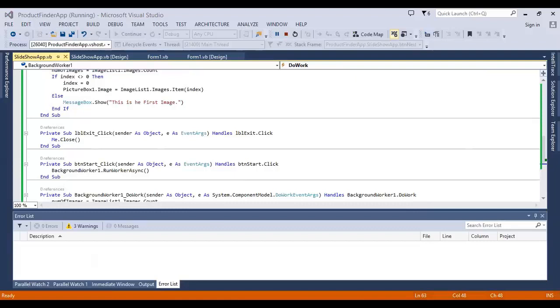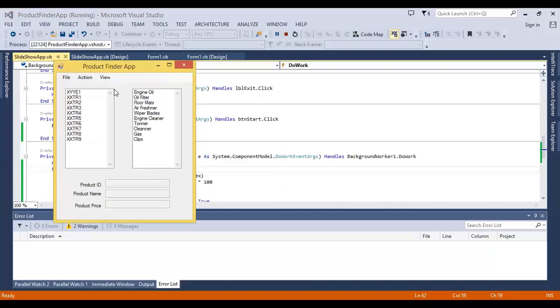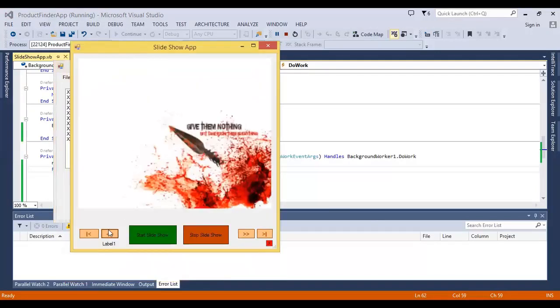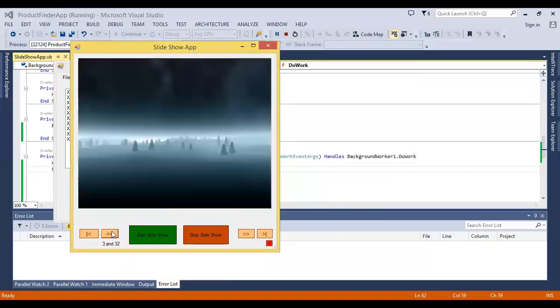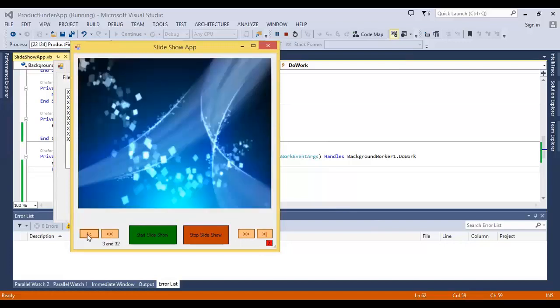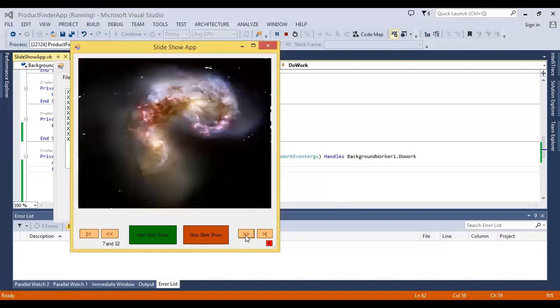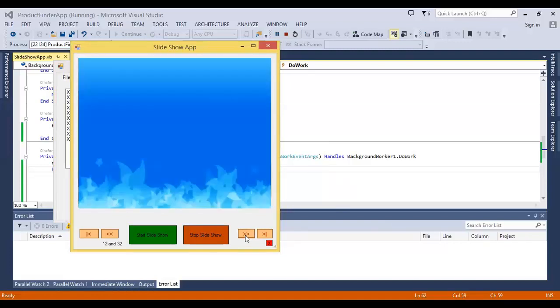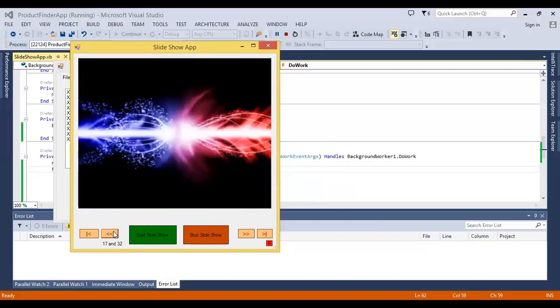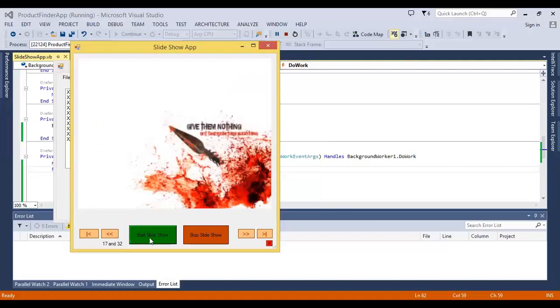Okay, so we'll add another one here and open that. So once we run it, we can go next, last item, first item, next, previous. So we can see all is working. So if we press on start,